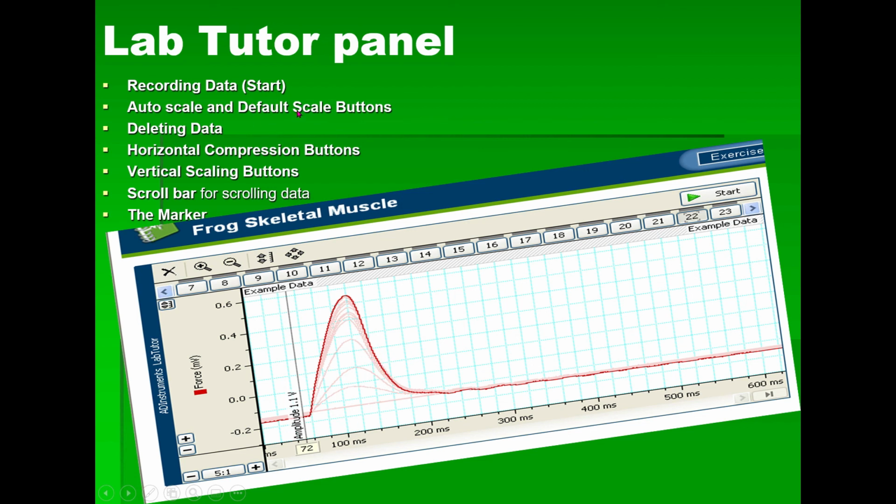And then we have a default scale button. Sometimes we decrease the size too much, so this default button will give you the actual size again, how your graph was looking before. Default means the real graph that appeared when you clicked the start button and force was produced. So in this way we have different types of buttons on the LabTutor software that we use in different ways for different experiments. This is the detailed introduction about the PowerLab hardware and the LabTutor software that we use for the first year MBBS practicals, particularly for electrophysiology.